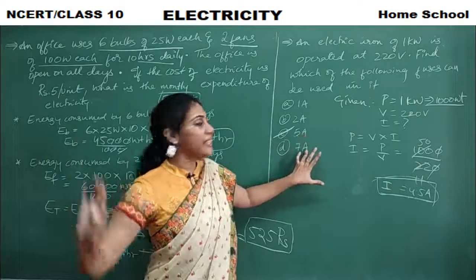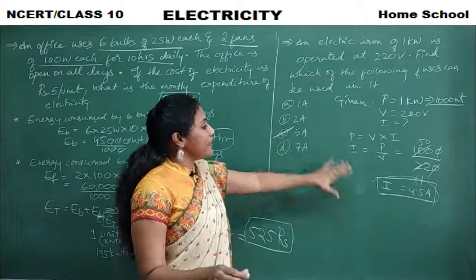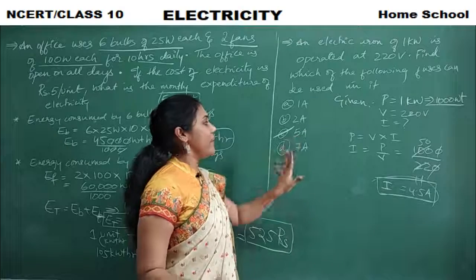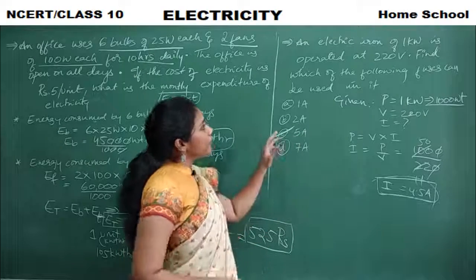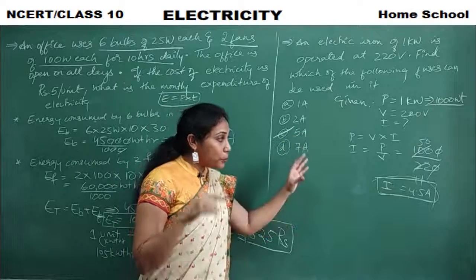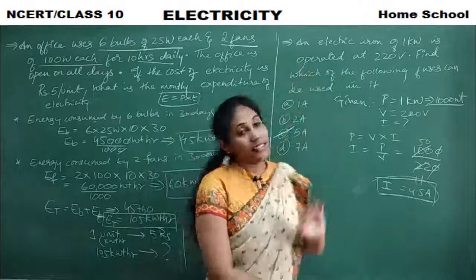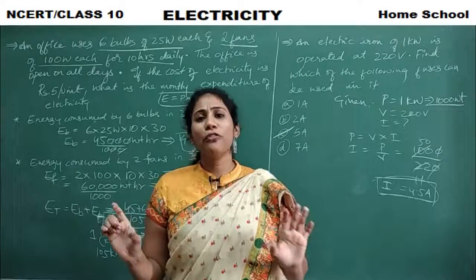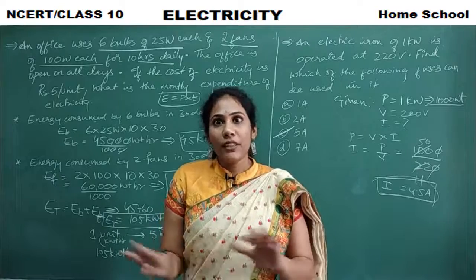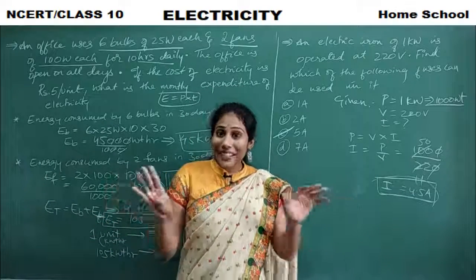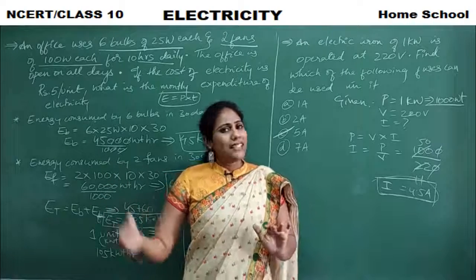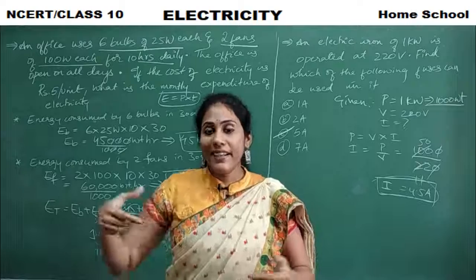7 amperes is much higher. 2 amperes is less than that. 1 ampere is less than that. So little higher than that is 5 amperes. So option C, you will be using a fuse of 5 amperes to protect your electric iron in a circuit. So this is how questions can be asked. I think I have covered almost all the important models that have been asked for your board examination. Concentrate on these models, take a book and practice all this and related problems.